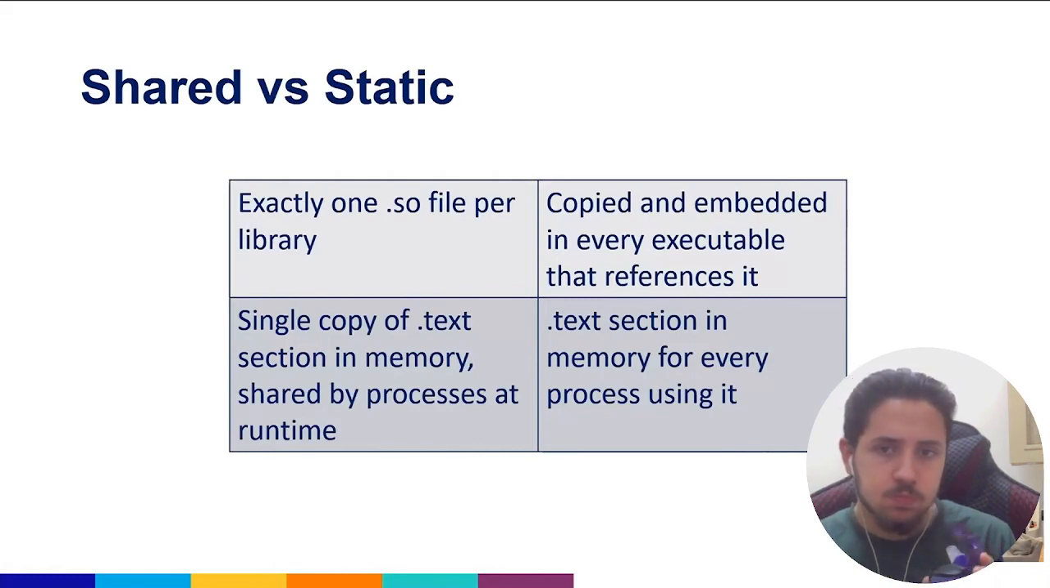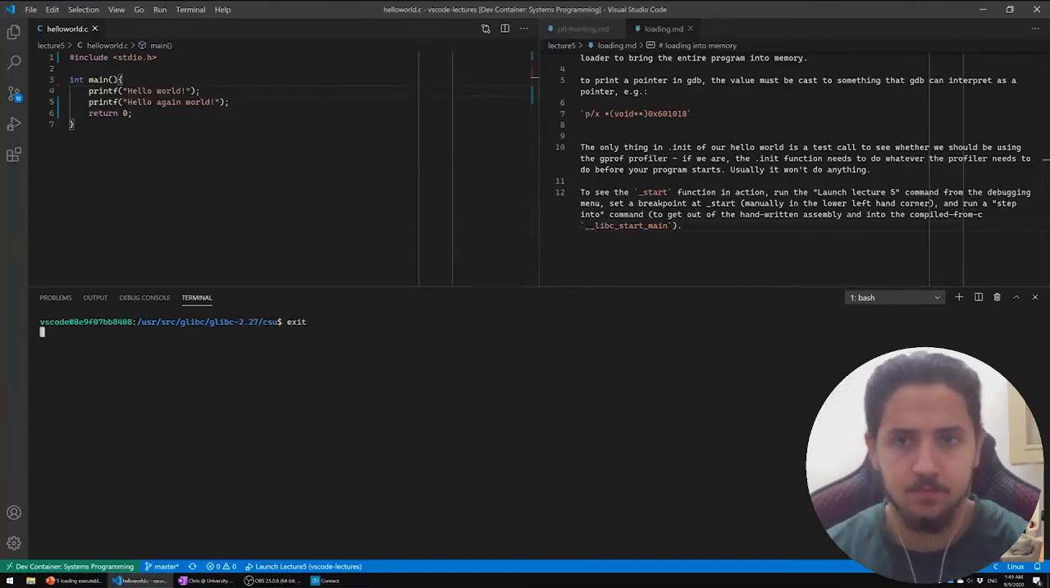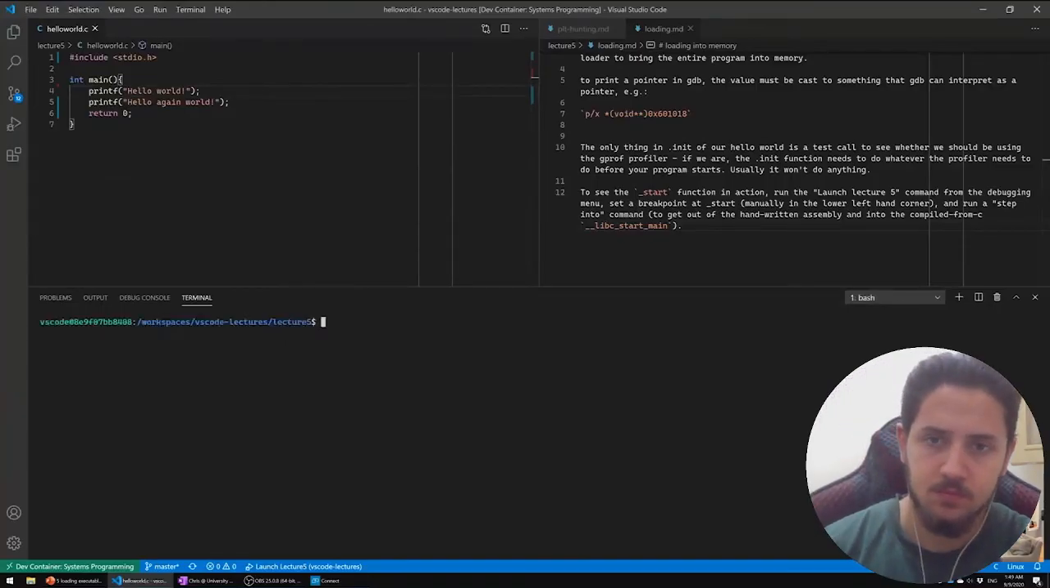to using static linkers. So if we go over here to our executable, so if we pull up our shell